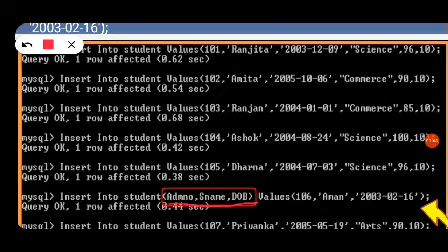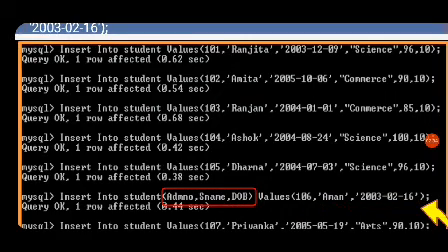So admission number means 106, name means Aman and the DOB means 2003-02-16. In this way you can specifically arrange the entry of the records.